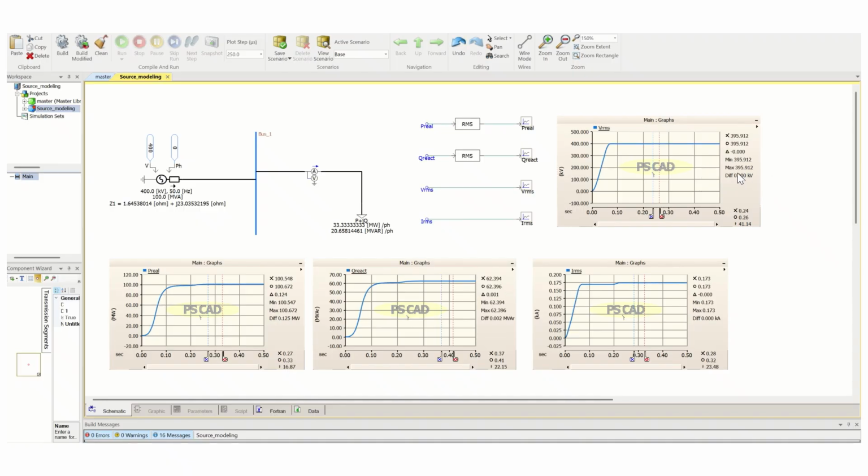So it is now 395.9 kV. So these are the exercises we have done in this video